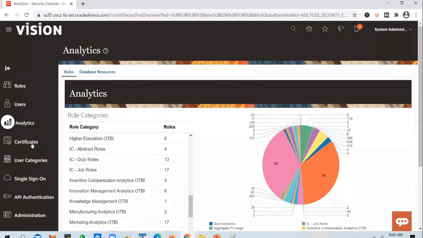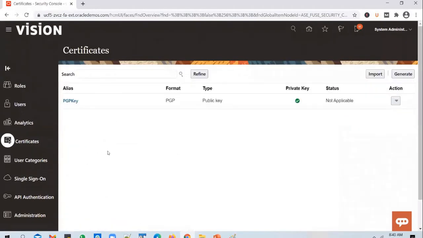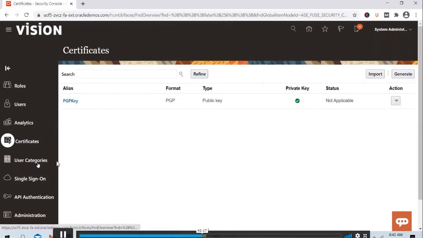Security, the certificate section. This is important. You need to know a bit of background to understand this. So we'll come to this in a moment. We'll cover the other aspects and then we'll come back to the certificate section. Okay, because I need to give you some background to explain why we need certificates, what is PGP encryption and all that stuff. Let's cover the other aspects that we have.